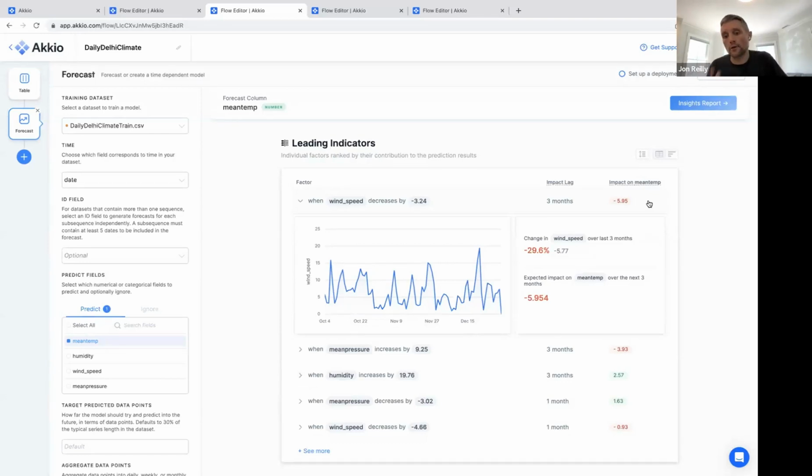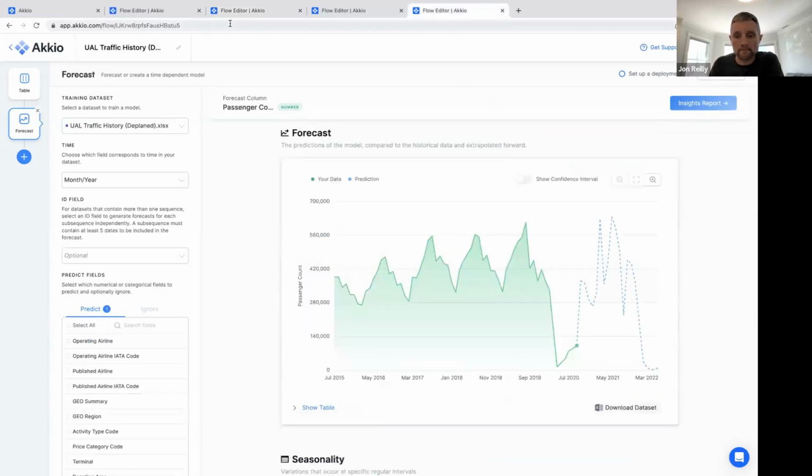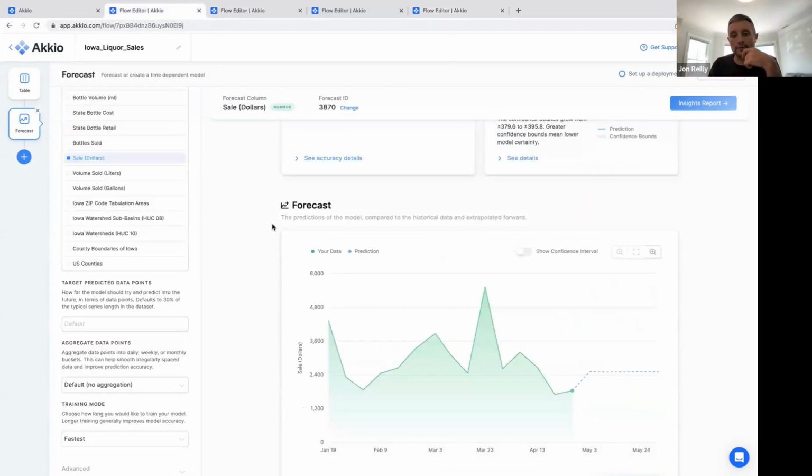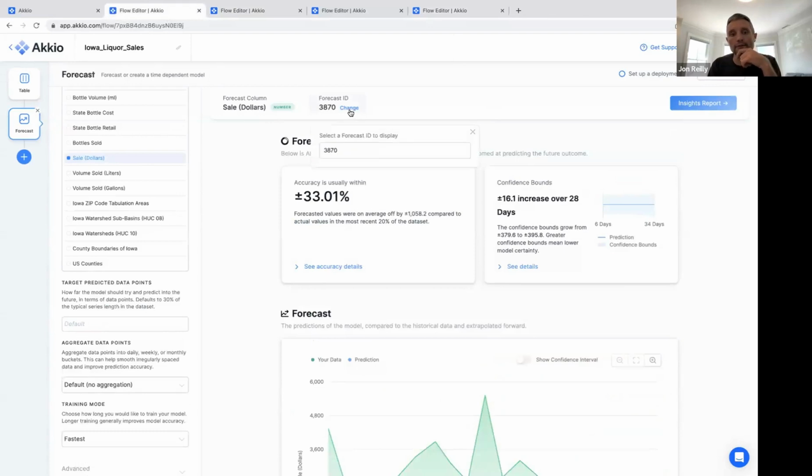So it's not just a forecast that you get. You also get a lot of analysis around what's driving it and what the lag times between the inputs and outputs are if you're doing a multivariate forecast like this. So I just wanted to share that too. Okay, so that's the feature, and some of the complexity that you can do with it to easily make forecasts.